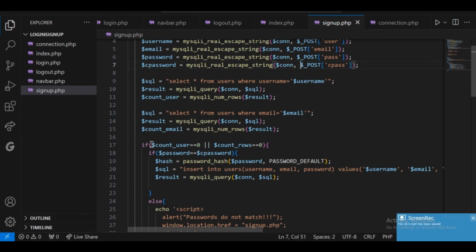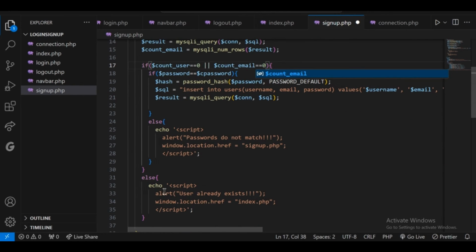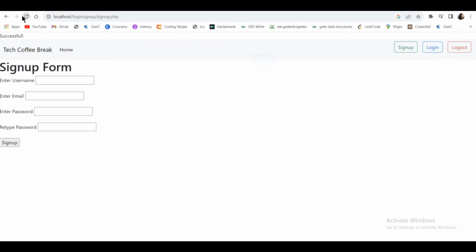Now there is a mistake. As you can see, I have given the condition on the number of rows returned. This will not be rows, this will be email. Okay, if there is any row which contains this email or which contains this user, then it will go to the else part. Else it will just check whether the 2 passwords are same or not, and if the 2 passwords are not same, then it will go to the else part. Else it will just sign up the user. Okay, let's save it. Now let's refresh it,